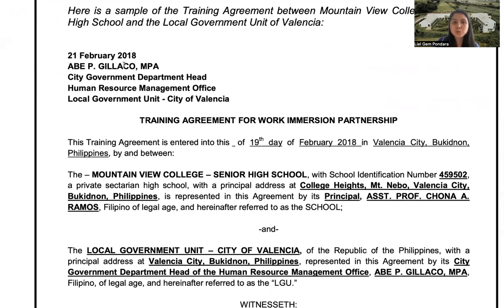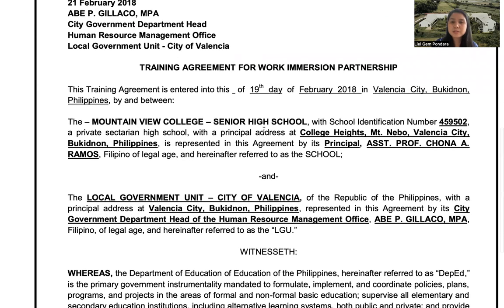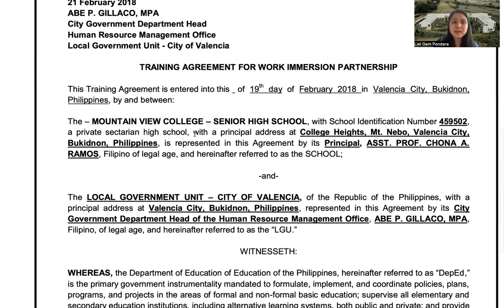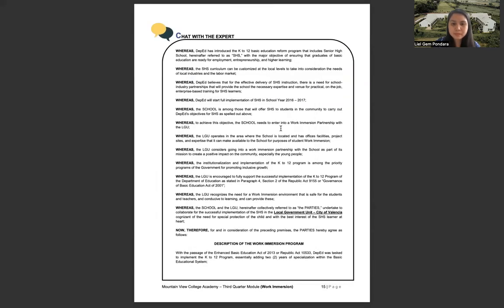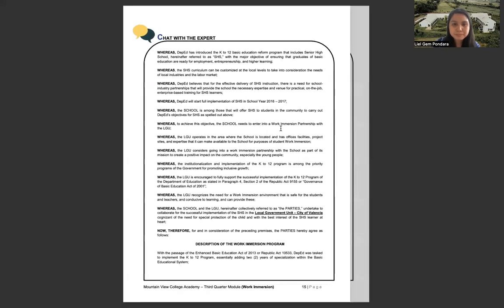First, you'll see to whom we'll address it, usually the HR: the date, the name of the HR, and then the post, and then the establishment or the corporation or the unit. Now, you have the date of the signing. The first party will be MVC Senior High School, and then the second party will be the other establishment. Now, what is being seen in the MOA? These are the whereas clauses. We'll just go to the next part.